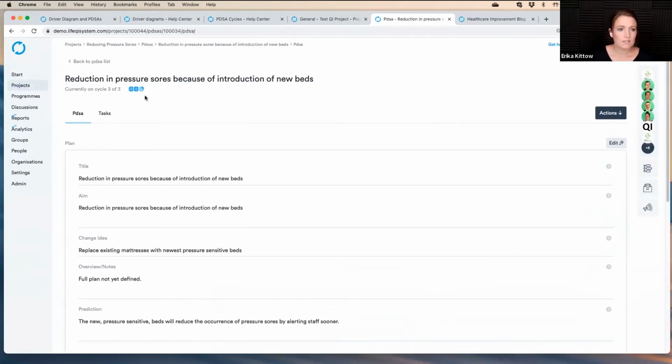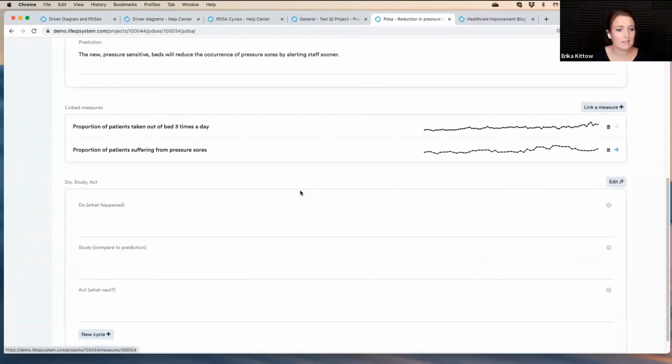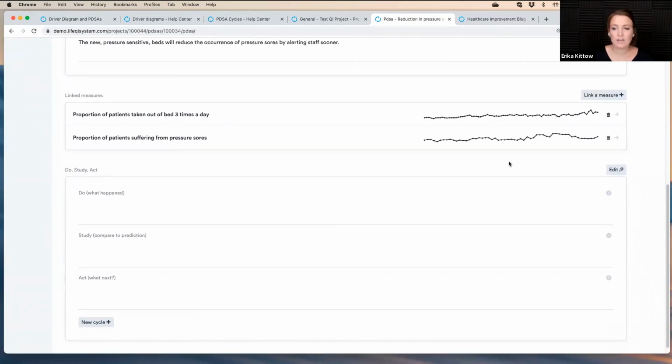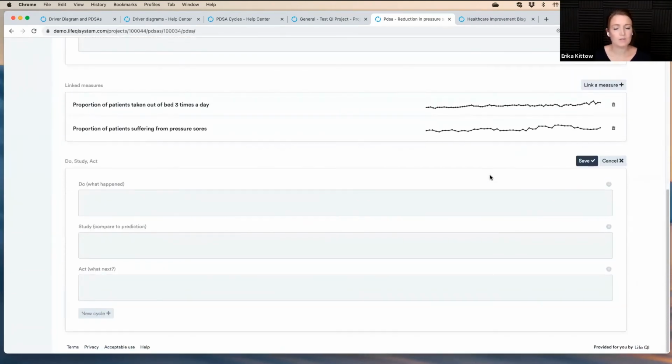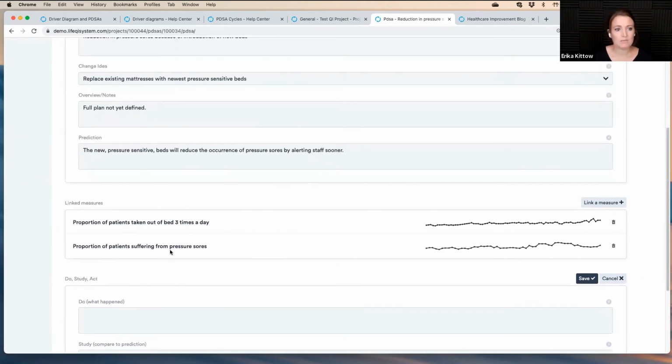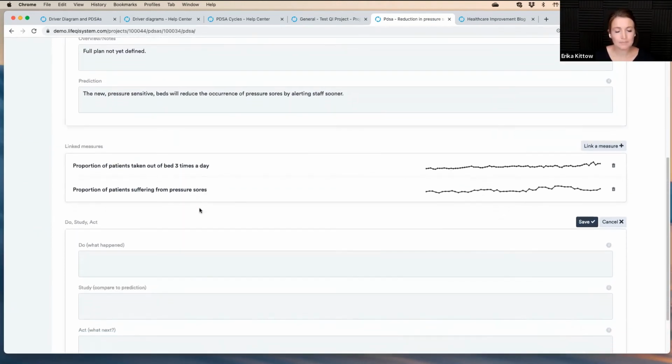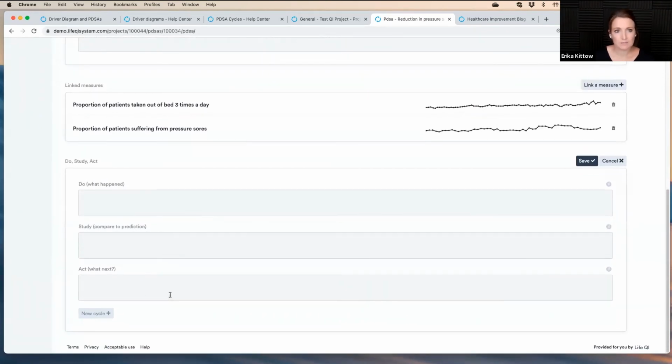What I'm going to do is, you can see we're currently on our 3rd cycle. Okay, so we filled out the plan section. The next bit is for us to fill in the do, the study, and the act. And if I click on edit, you will see the fields that then become changeable. This is where, if I was coming in, I've planned it, I've now actually run this PDSA, so I want to write down what happened when I ran it. How does that compare to my prediction that I set up here on the plan? And what are we going to do next? Okay, so what small thing are you now going to change in order to run your next cycle of your